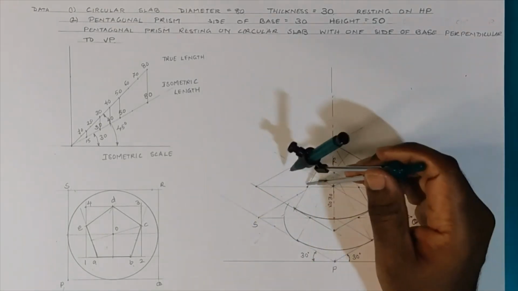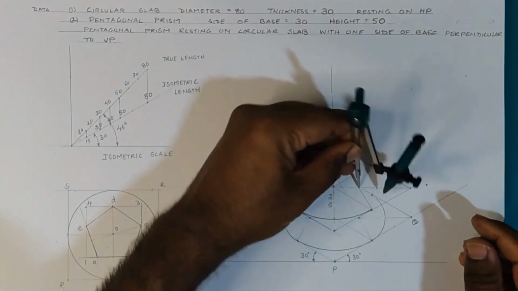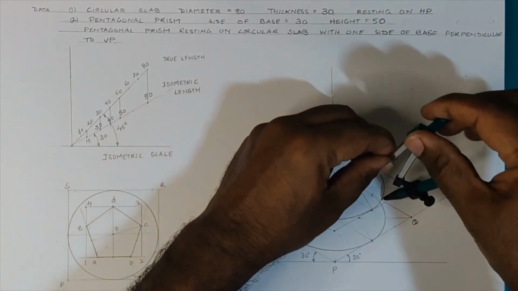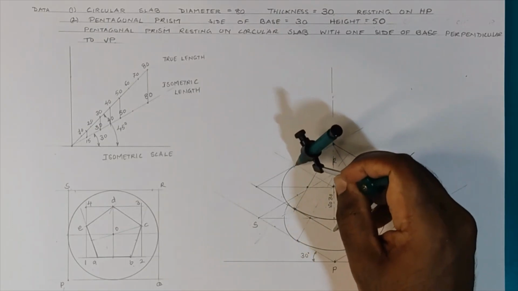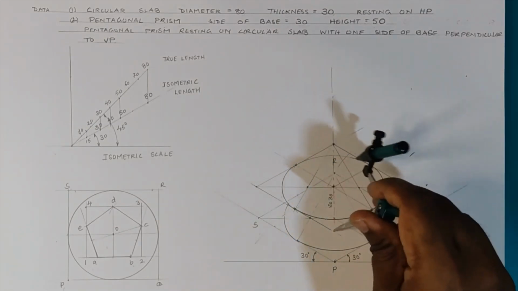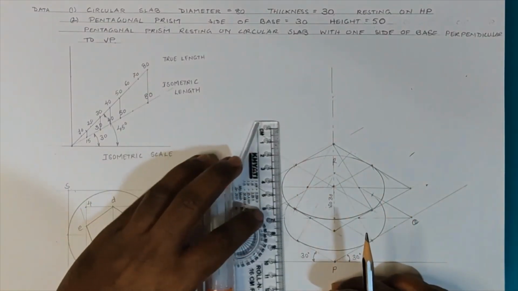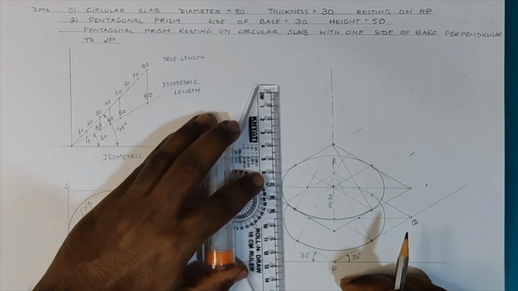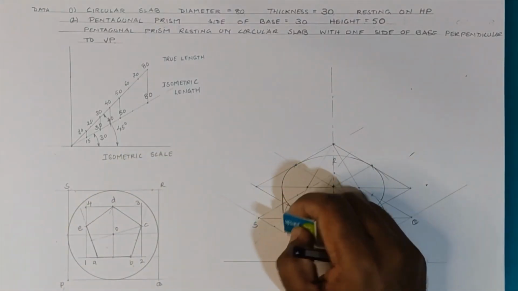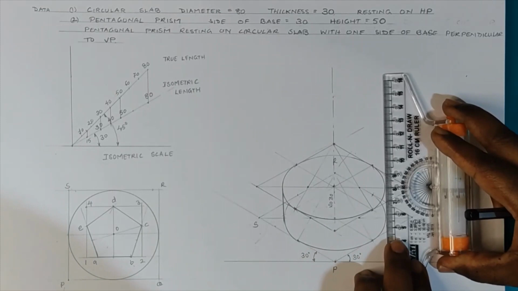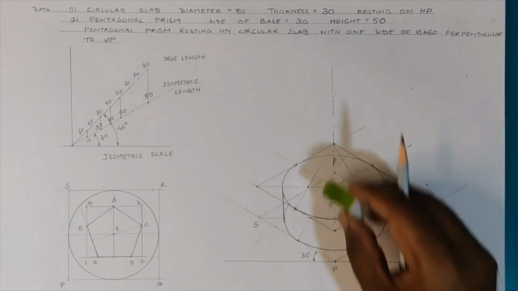So before drawing, I just erase the unnecessary things. Now using the centers I have obtained earlier, I draw arcs as shown. The arc on the back side I will be making a bit light because here the prism would come. So I have completed both top and bottom circles. So I will be drawing tangents to both the circles, which are elliptical circles or isometric circles in elliptical form. And now my base circular slab is complete.